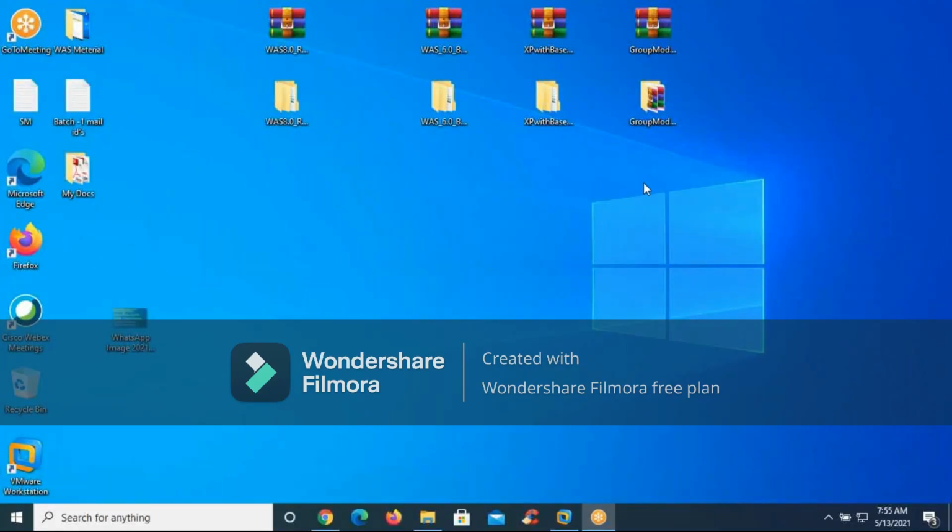Anybody has any doubts regarding this standalone setup, whatever we discussed up to now? Sir, in Windows, one option is there to restart the server from Windows services. Yes. What is the difference between that and if I start the server and then stop the server like this? There is no difference. You have the options like that.